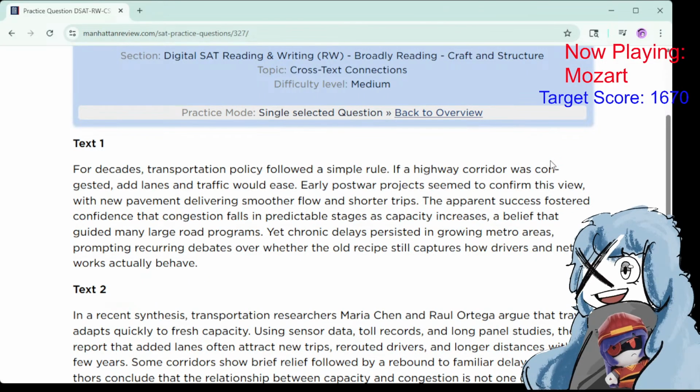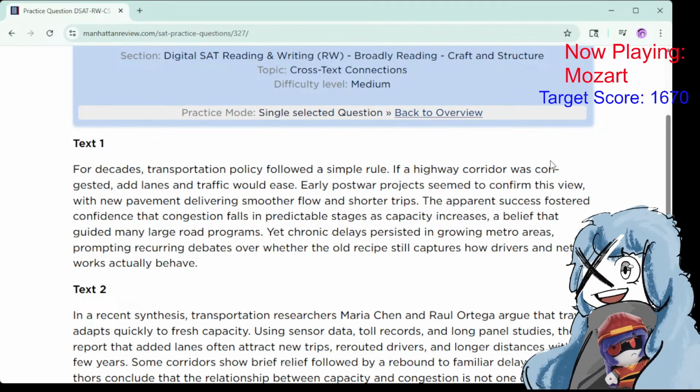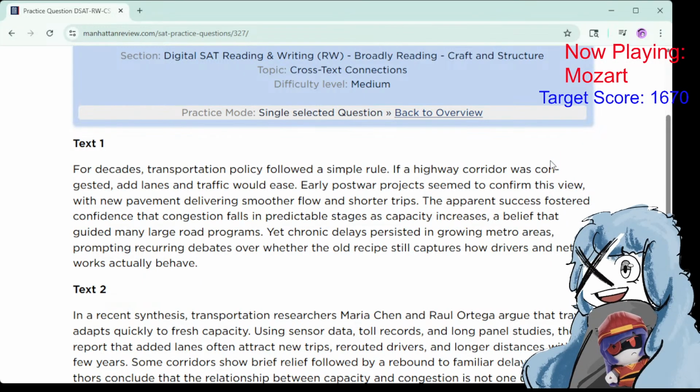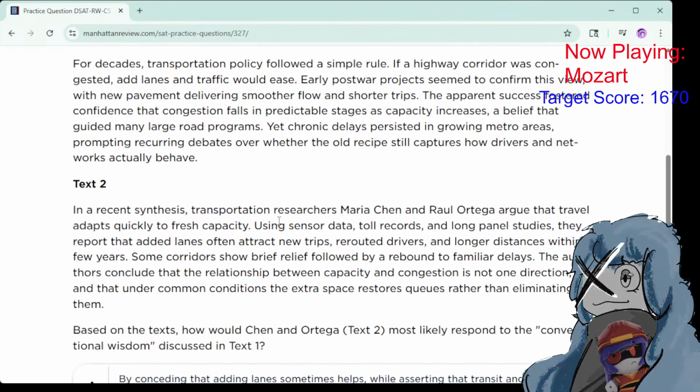So text one is basically saying, add more lanes, the traffic moves faster. However, in recent times it doesn't seem to be that way. So a debate is occurring over whether it is actually that effective. And now text two says,